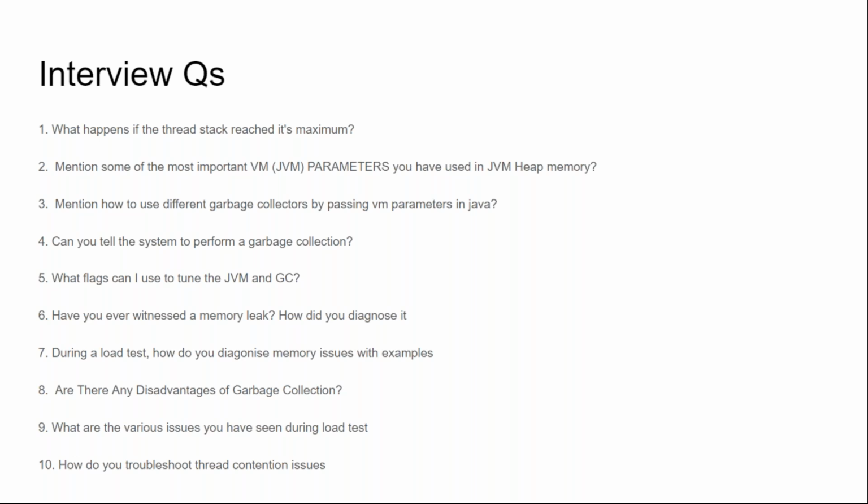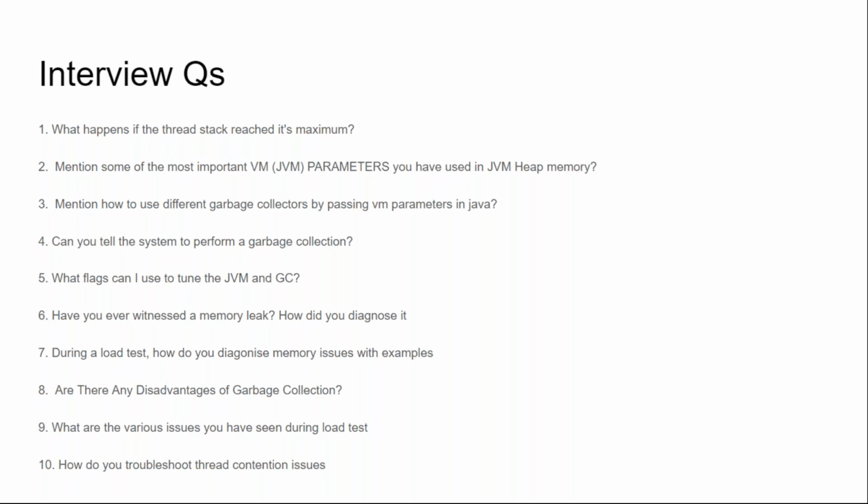All these questions will be covered both from the concept perspective as well as with real problems and real examples, and we'll also solve those problems in a practical way using real code and tools. So for pretty much any question around JVM configurations, garbage collections, or memory leaks, you should be able to answer it.